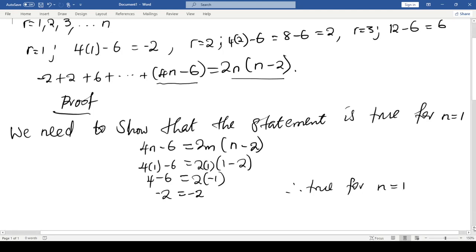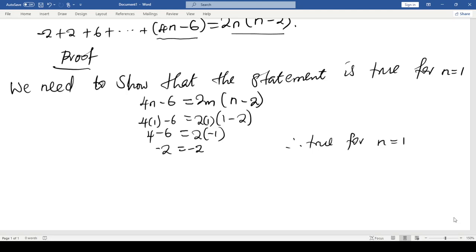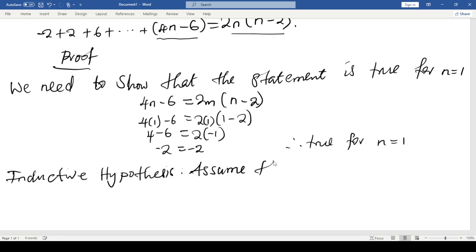So now after doing that, we go to the second step, which is the inductive hypothesis. So here we say inductive hypothesis there. Okay, so here we make an assumption that this statement that we have is true when n is equals to k. So we say we assume that it's true for n equals to k. So this will give us the S subscript k term. Okay, so now here we get the statement the way it is there on top. So we have negative 2 plus 2